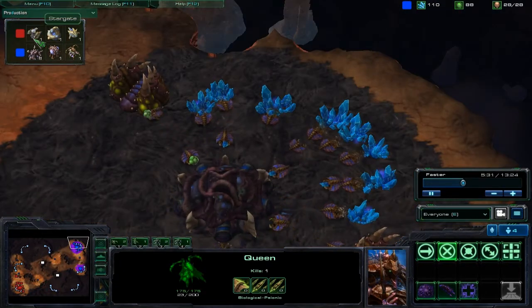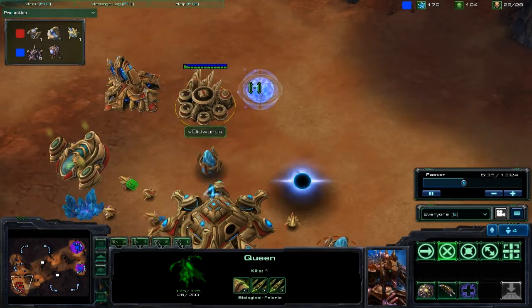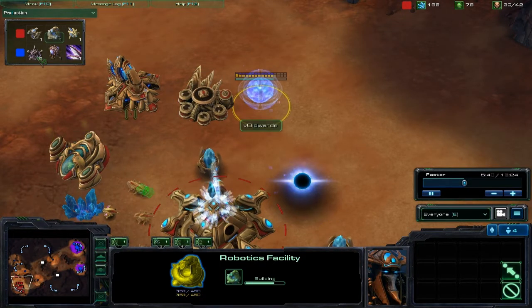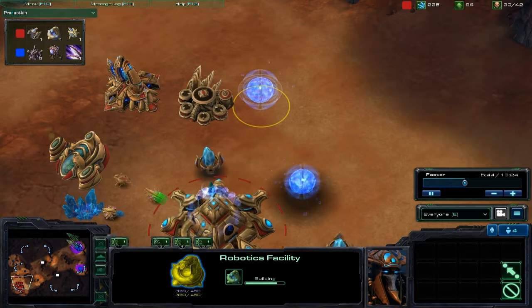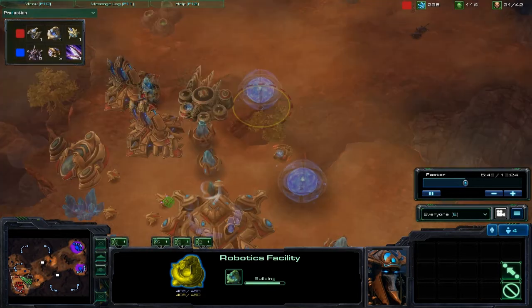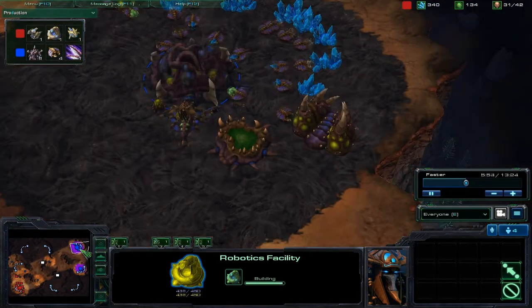Oh, we see a Stargate going up for the Protoss player next to his cybernetics core. Oh no, the Stargate's down here. Also a robotics facility going up, and this will allow the Protoss player to build observers and immortals. So that is great help, especially if the Zerg player moves on to roaches, which is a very common